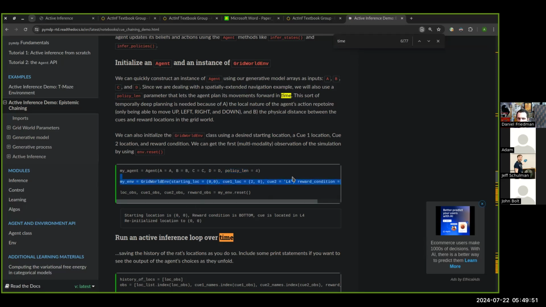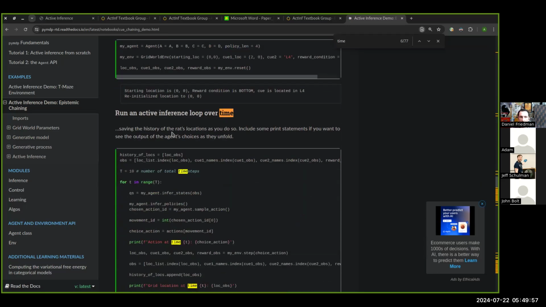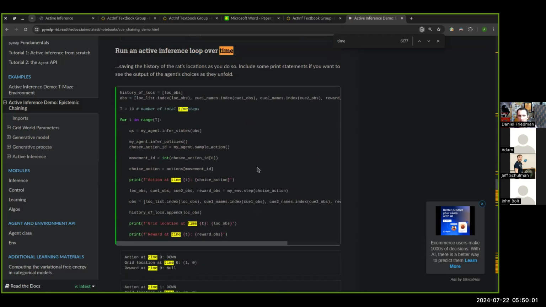Okay. Spin up the environment and reset it. Just clean up the environment. Now, here's the actual active inference loop. It's cool because Python has this semi-pseudocode feel. History of locations is just creating a trace or a log variable. And the number of time steps is specified. It's 10 time steps, so it's going to run for 10 steps, but the agent's window is 4.